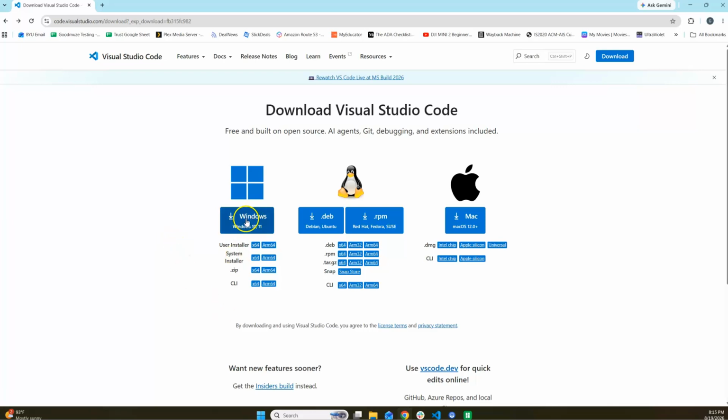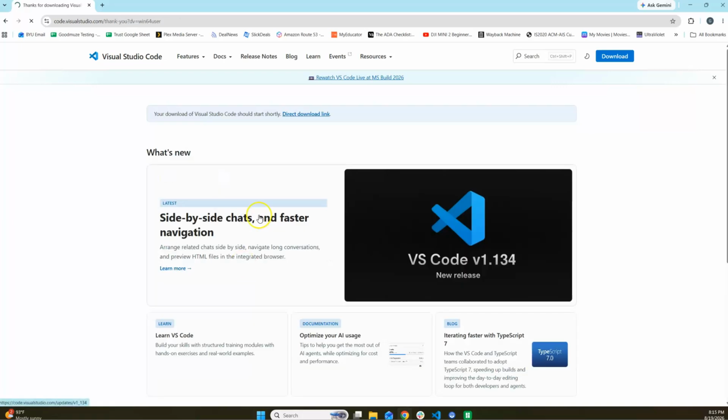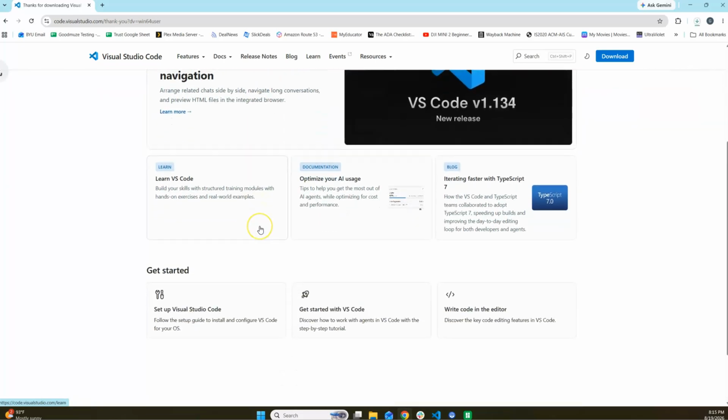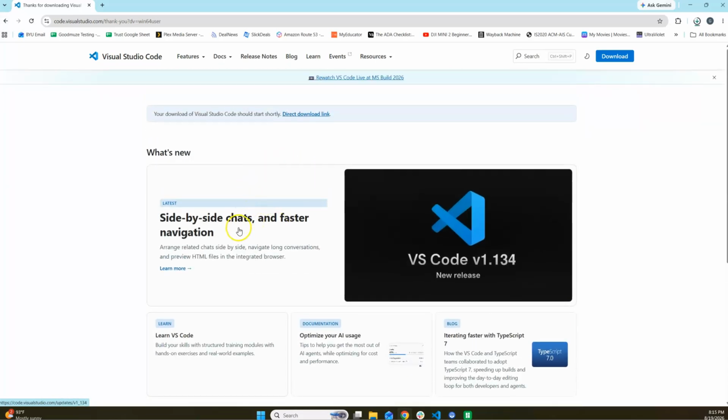So what I would do if I'm using Windows, I would click on this button, Windows 10 or 11, and then I could choose which processor I'm using. For the most part, you're probably using x64 rather than ARM64, but if you just click Windows 10 or 11, it will go and figure out what it needs to do to help you download this, and it tells you what's going on, and it downloaded the file up here at the top, automatically did the download. If it didn't automatically do it, go to your downloads folder in Windows. Click on that file,